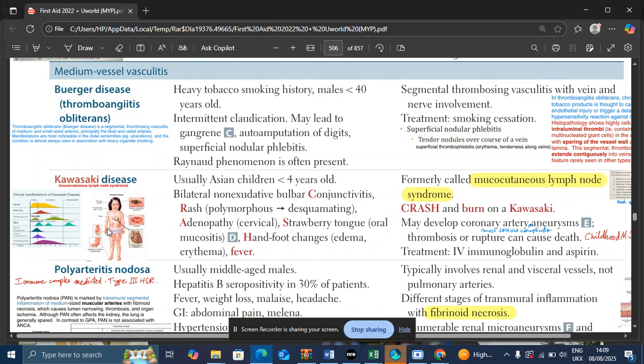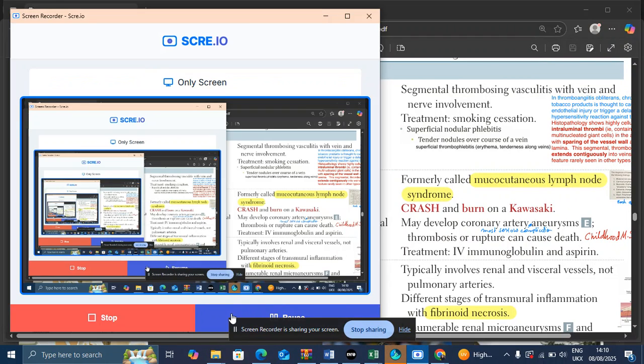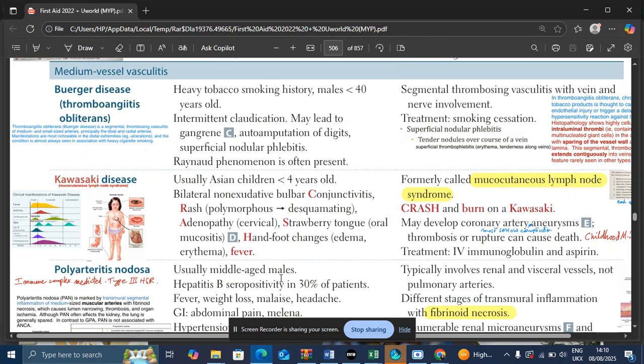So Kawasaki disease is also called mucocutaneous lymph node syndrome, usually seen in Asian children. This is a disease of children, usually below the age of 4. Now, an easy way to remember Kawasaki disease is the mnemonic CRASH, which is very important. So CRASH stands for